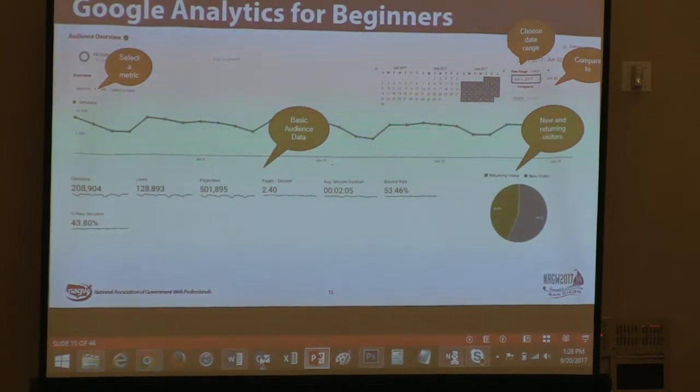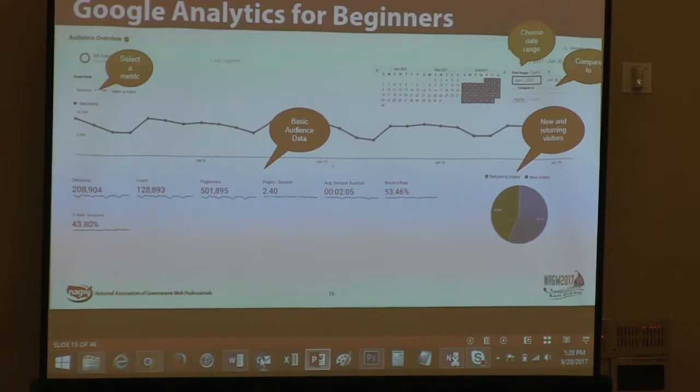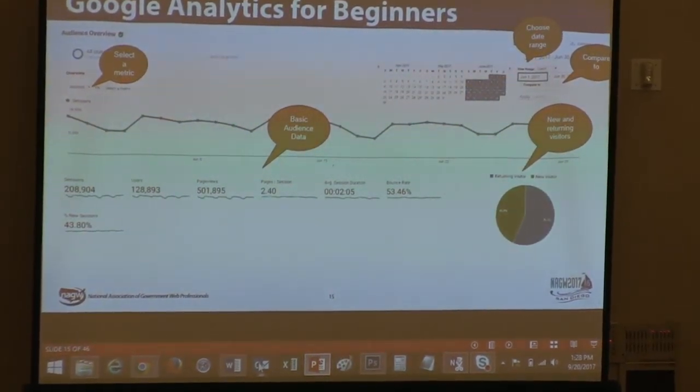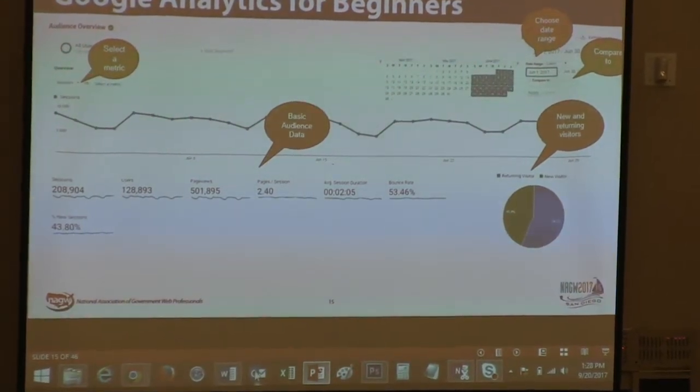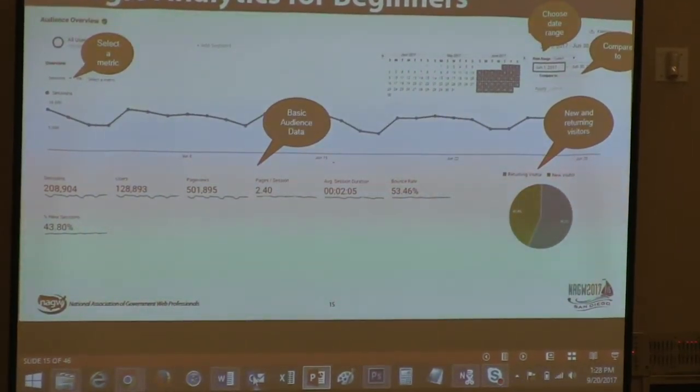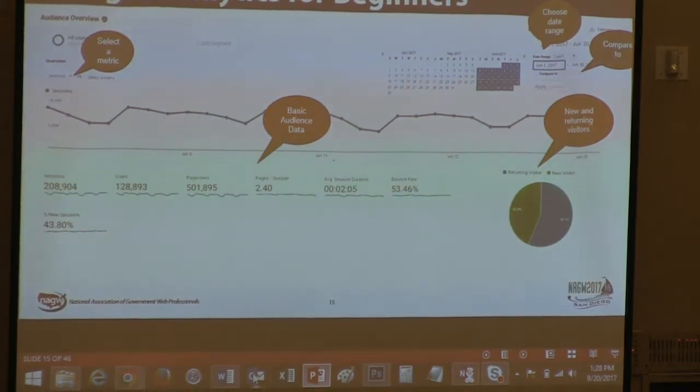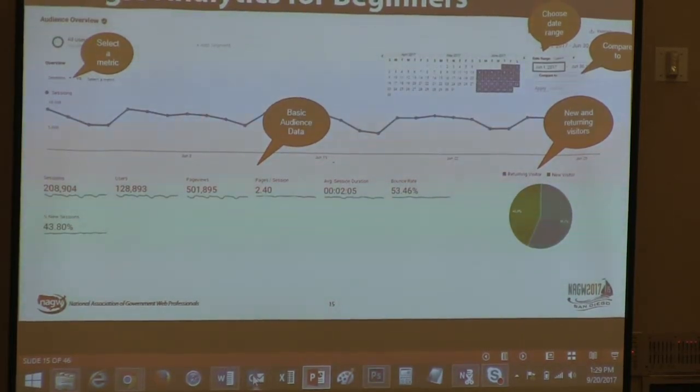Then the basic audience data, I actually start with that on my reports, and I report that at the very top, so people can just see a basic quick rundown. This report gives me a good part of what I actually need. And then the new and returning visitors is helpful also. You can see how many people came to the site newly, or on a computer whose IP address hadn't been recorded earlier, or returning visitors. So that's the basic audience overview, and I usually start with that.